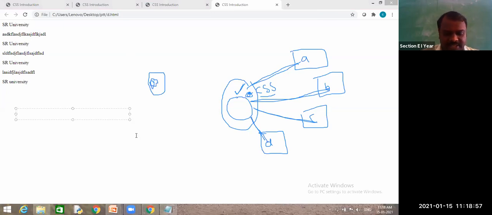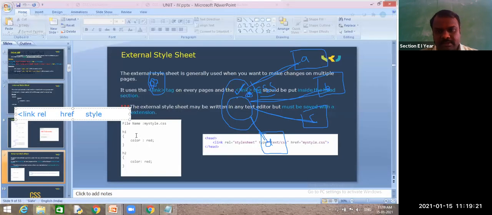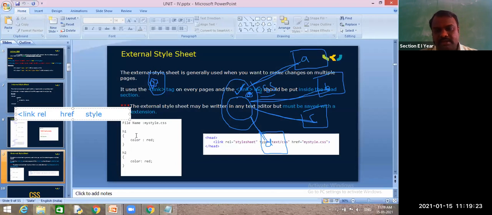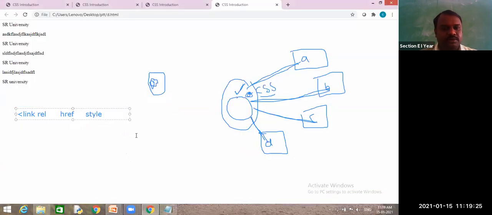To make a link, you need the link tag, which contains 3 attributes. First is rel, next is href, and next is type. So rel, href and type.